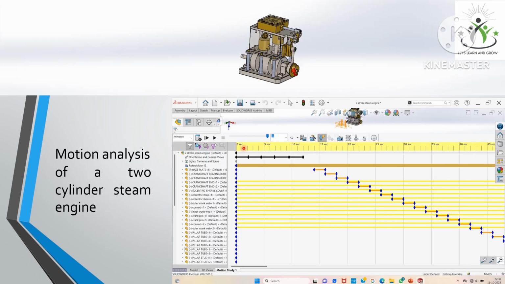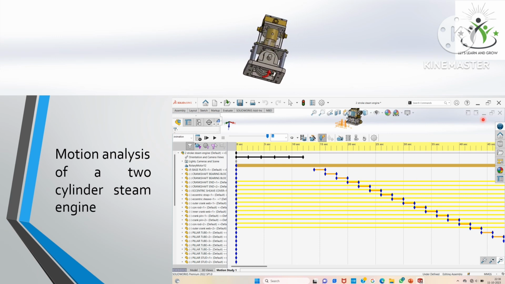This is a basic model of a two cylinder, two stroke steam engine. I have done the motion study of this engine. You can see the video of this engine in the coming slide. This is the interface of motion analysis or motion study. Now this is a video.